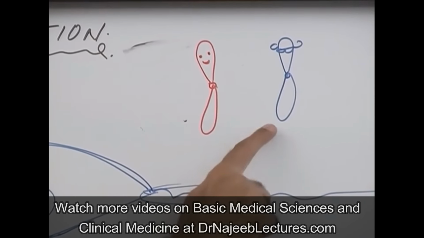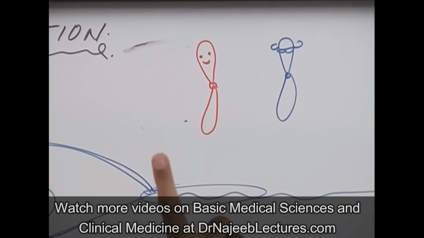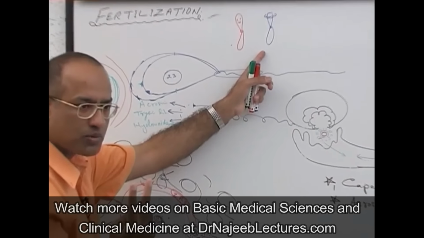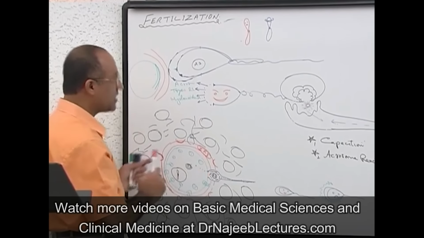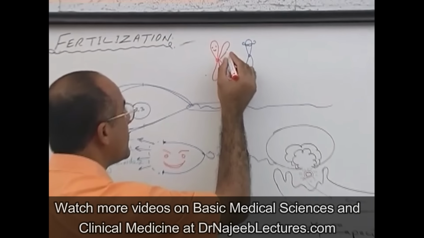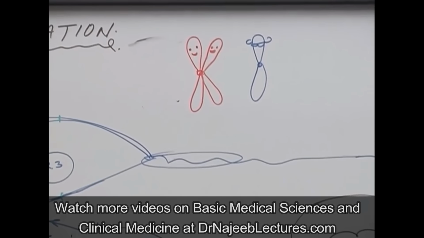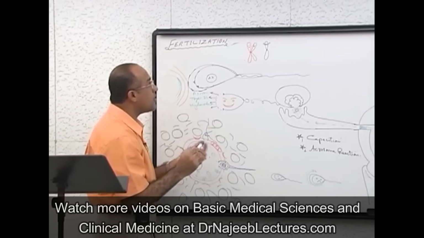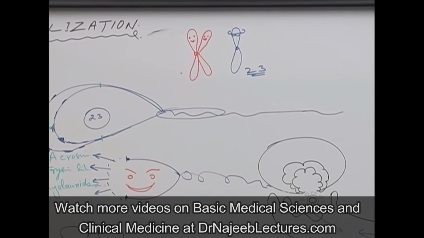Now when the sperm comes, every chromosome is only one. For example, chromosome number 1, only one copy. Chromosome number 5, only one copy. And in the sex chromosome, it will have only X or Y. But by the time the sperm touches it and tries to enter, the ovum is not fully ready. Every chromosome is a double copy. So do you think it should be like that? No. So we can say the sperm has 23 chromosomes and every chromosome has a single DNA copy, not double.